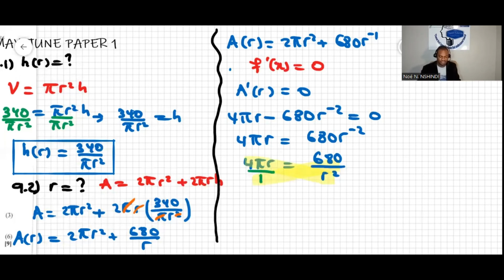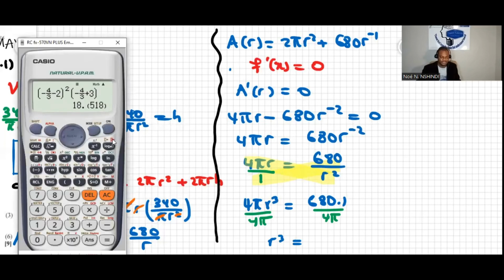So this will be 4 pi r cube equal to 680 times 1. Now if I need to find r cube, I will divide both sides by 4 pi. I divide by 4 pi here, and I divide also by 4 pi there. Now I'm left with r cube equal to